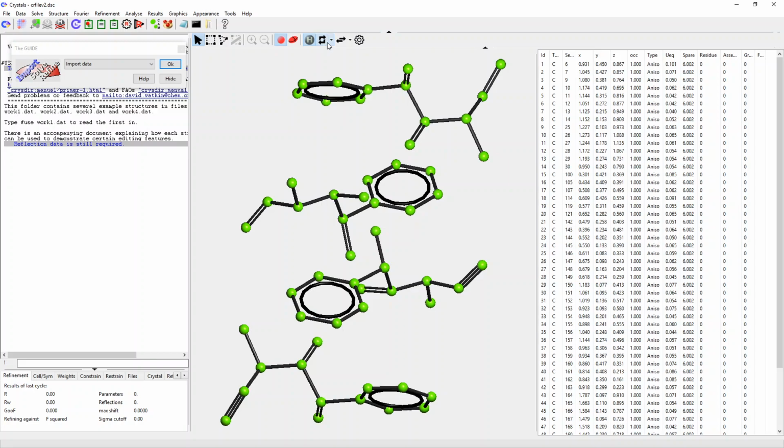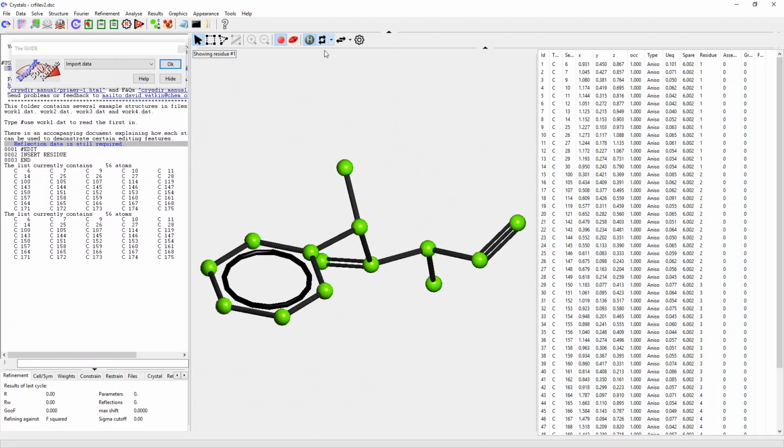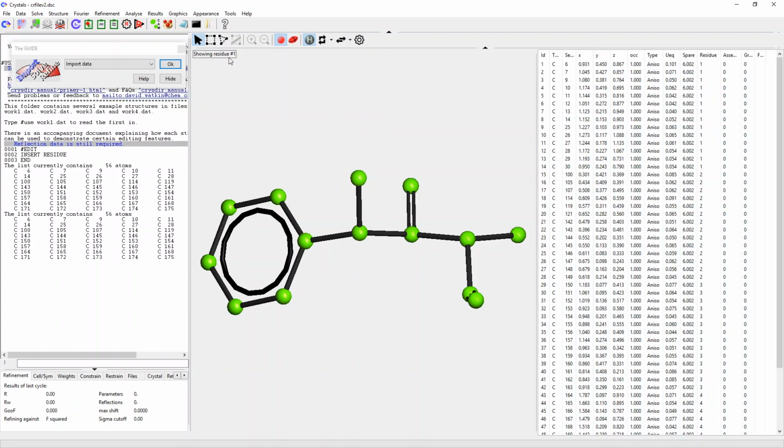But luckily, there's a little drop-down menu next to it with an option, Assign Residues, and as soon as we've done that, we can see it's assigned different residue numbers to different molecular species in this crystal structure. And then when I click this button, we can zoom in on particular residues. This label up here shows us we're looking at residue number 1,